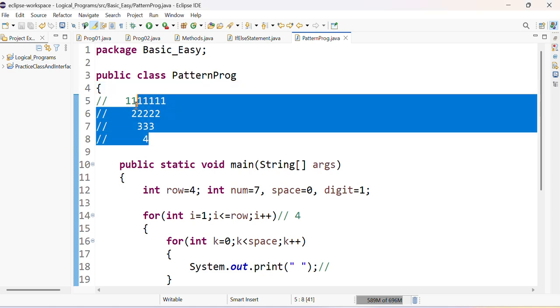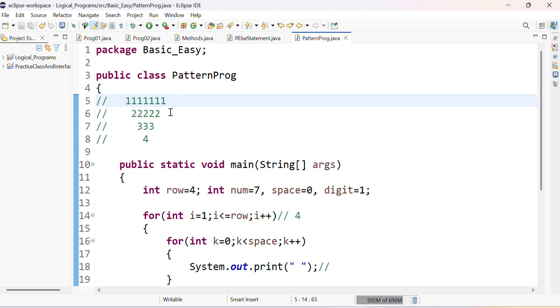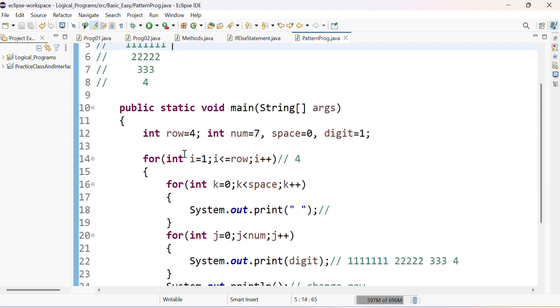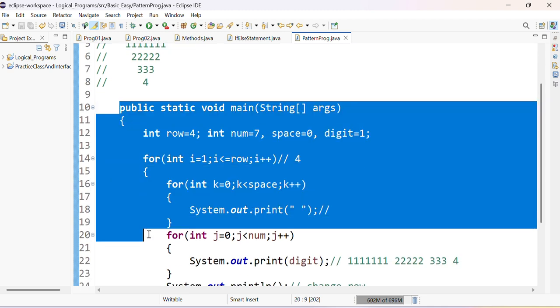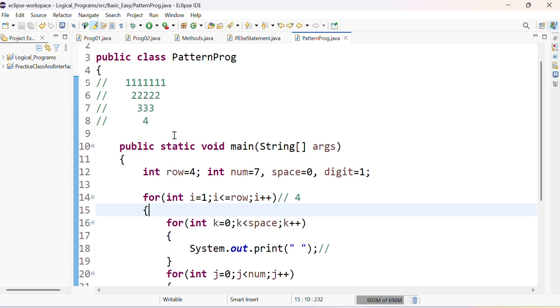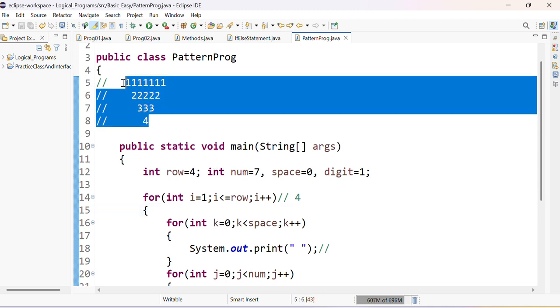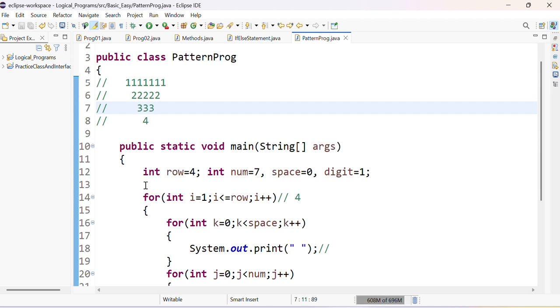How to print this particular pattern. So basically I am using the Java language. I have created one class, pattern program, and inside this class I have one main method. So this is our main method, and to print this particular pattern, what we need is four